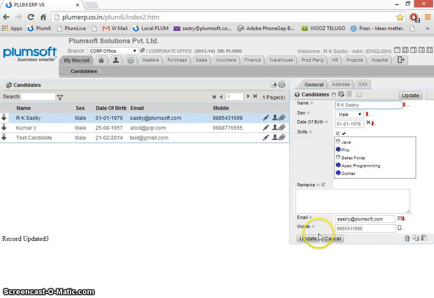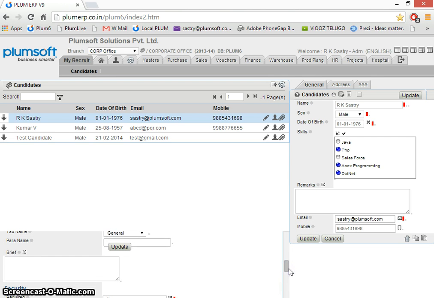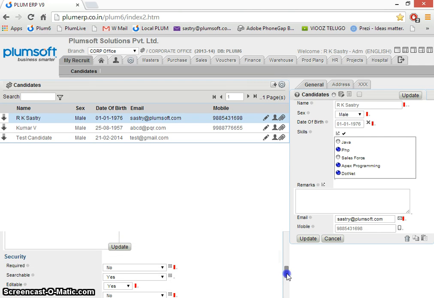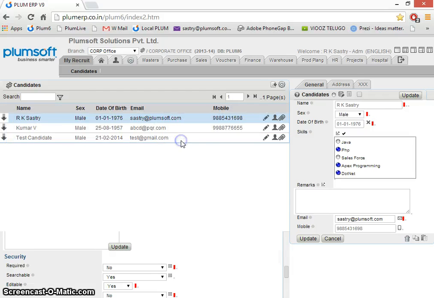Or you want to search by mobile. Let us see if the mobile is searchable or not. Right now, yes, it is searchable. So, even if you enter the mobile number, that means even if the fields do not appear in this list, they can still be searched in the application. With all these things, maybe you wanted to see how the help file is written.